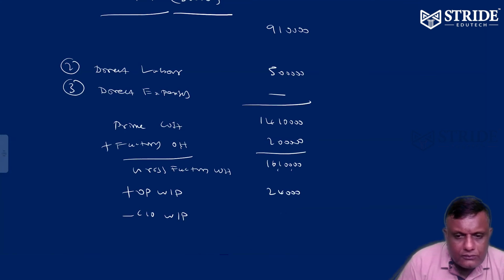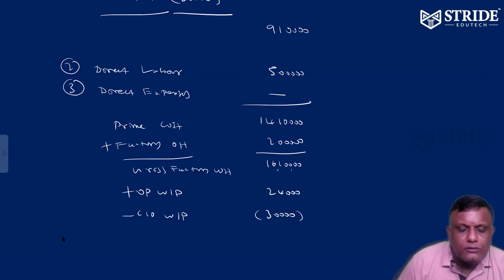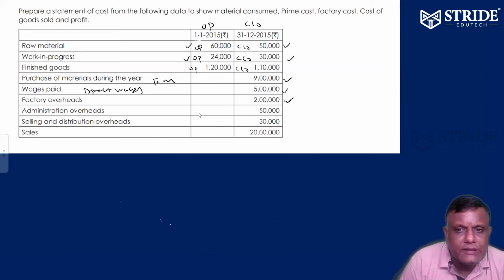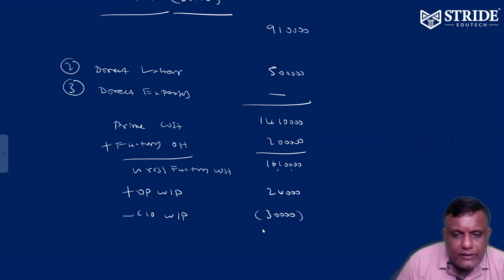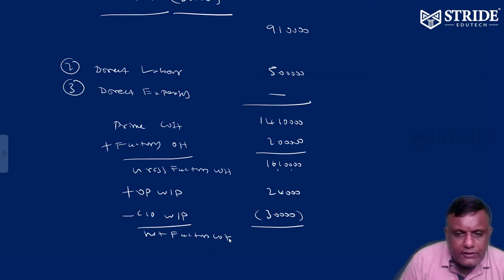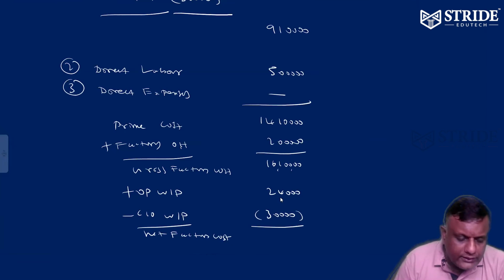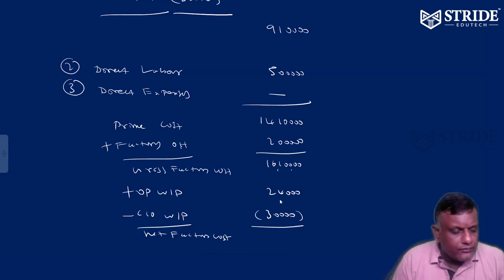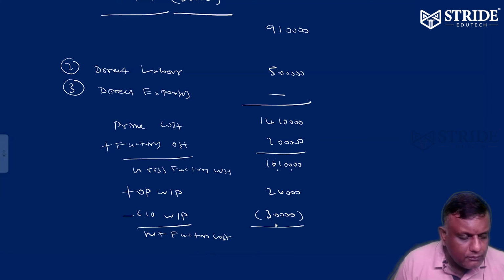Plus 24 minus 30. That's completed. Okay, so the result is called net factory cost. So 16 lakh 10,000 plus 24 minus 30